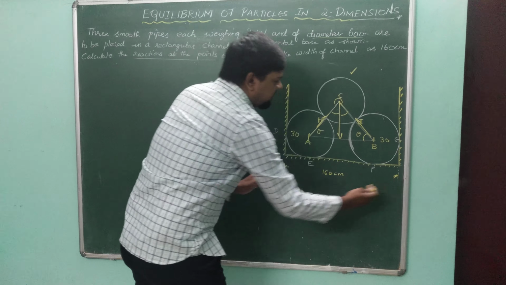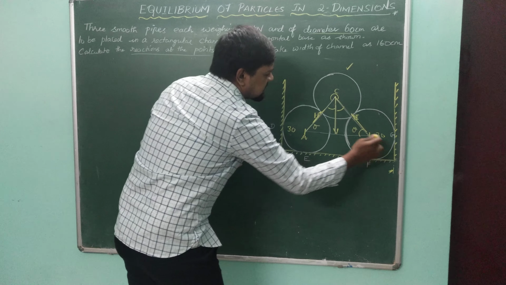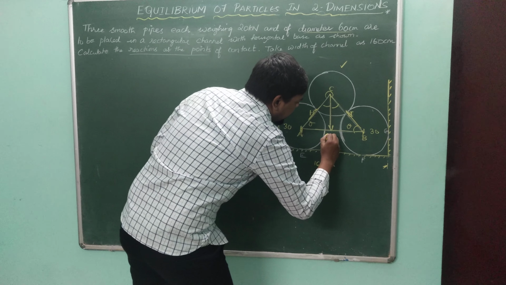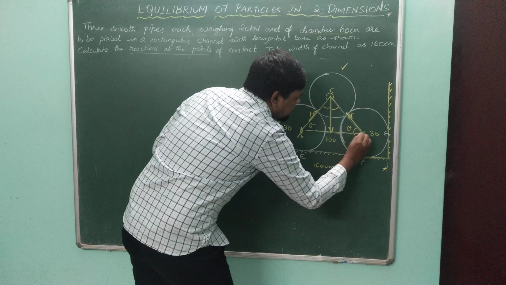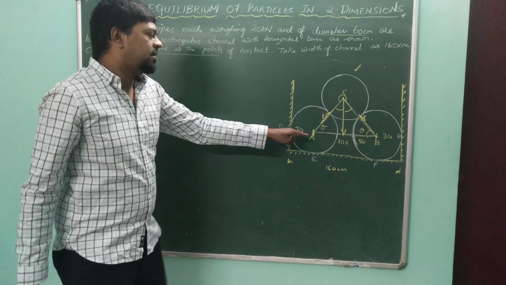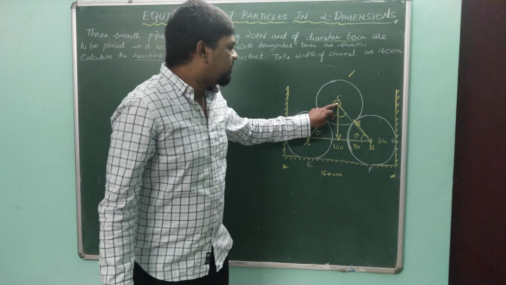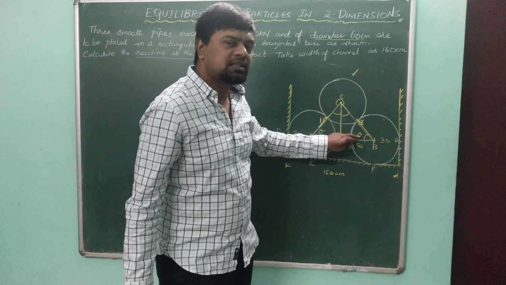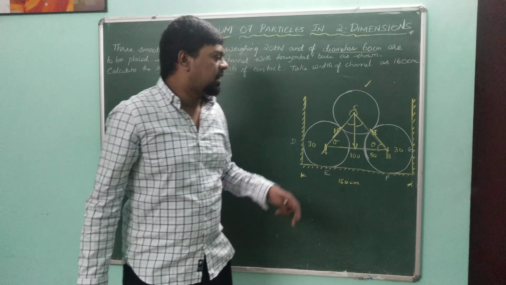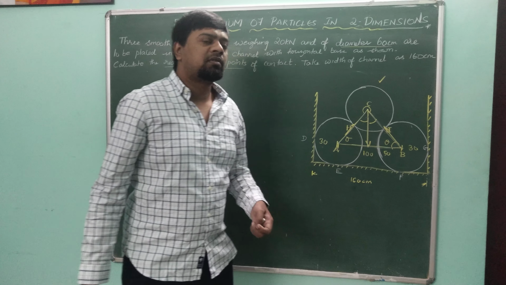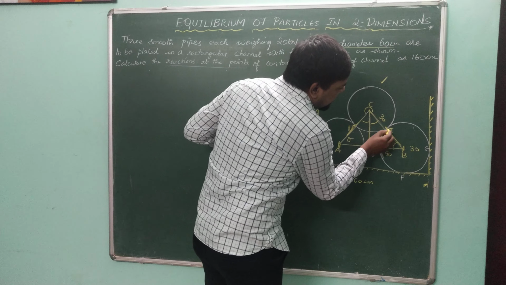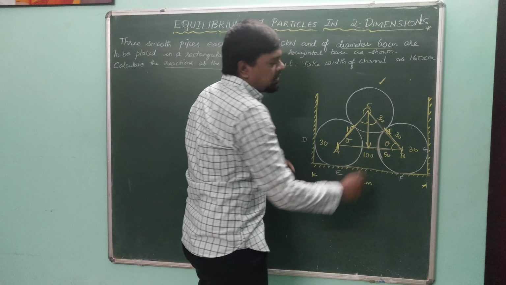We know the total width is 160. So 30 plus 30 is 60, so this whole triangle base is going to be 100. By means, for this right angle triangle it is going to be 50. So one dimension we have found. Similarly, we have to find either hypotenuse or opposite side. Theta is here, so this hypotenuse is the adjacent side relation. Hypotenuse is easy because from here to here it is radius, that is 30, and again from here to here it is 30, so 30 plus 30 is 60.